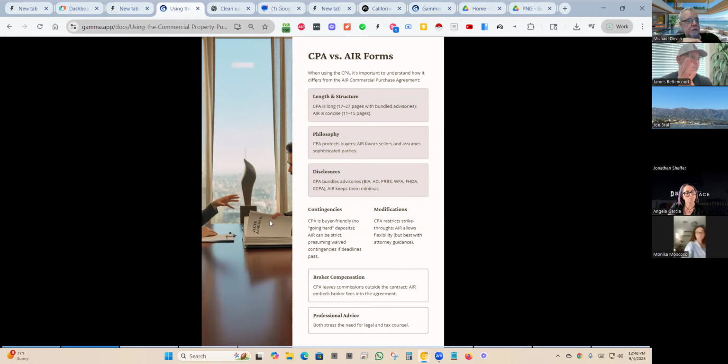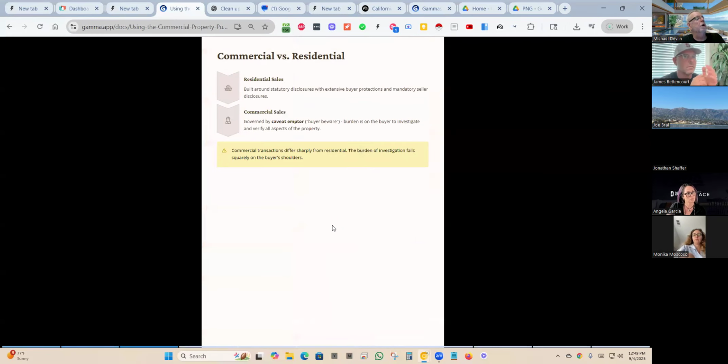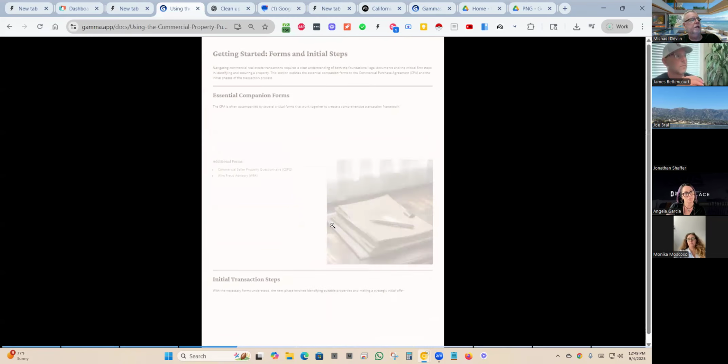One of the other differences between C.A.R. and AIR is that in AIR, it says how much commission the listing agent is getting and how much commission the buyer's agent is getting. And it says in the form how much of it is being paid by the seller. It says it right in the purchase agreement, just blatant right there. So those forms are very different, right? And that may have been more than you wanted to know, but you can see there may be a case where you're going to actually have to